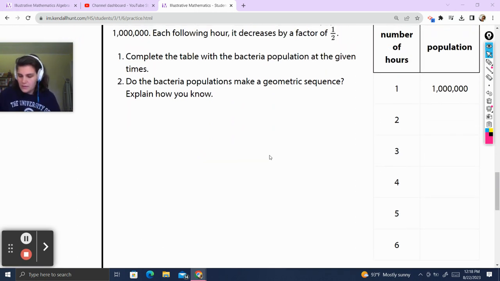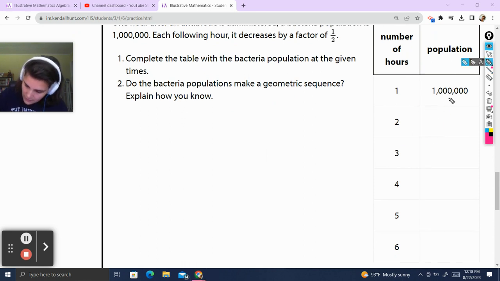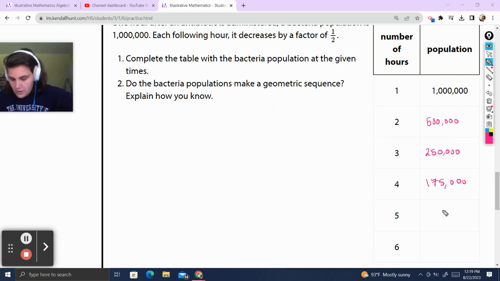and which means after 2 hours, it's going to be 500,000. This is why we take vaccines. After 3 hours, it's going to be 250,000. After 4 hours, it's going to be 175,000. After 5 hours, it's going to be 175,000 divided by 2,